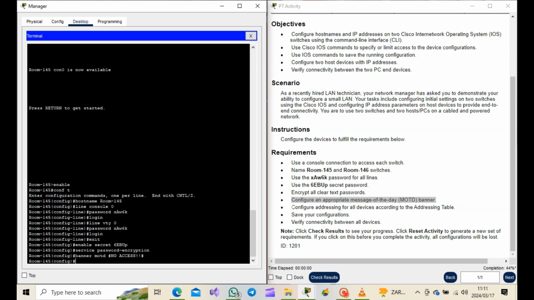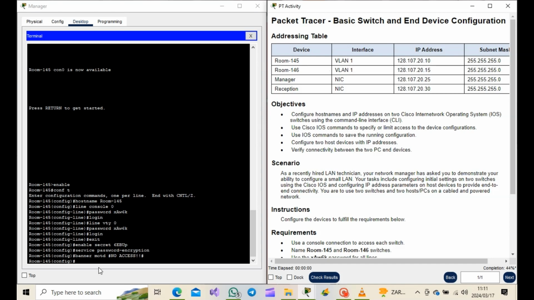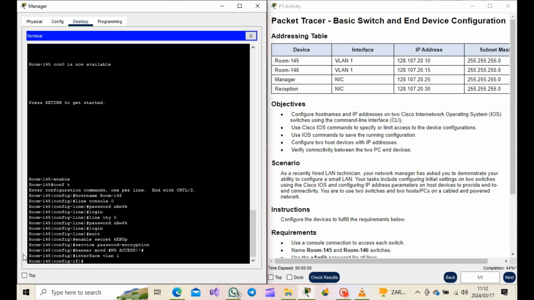So configure all the addressing according to the addressing table, therefore we go back to the address table. Therefore now we are going to interface VLAN number 1, therefore we press enter. For room 145, which we are going to say,